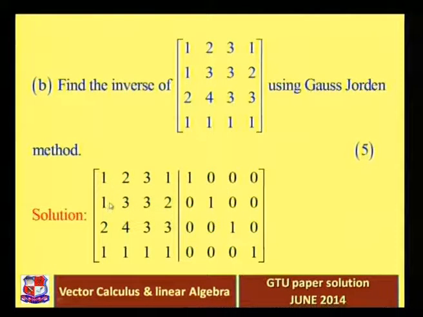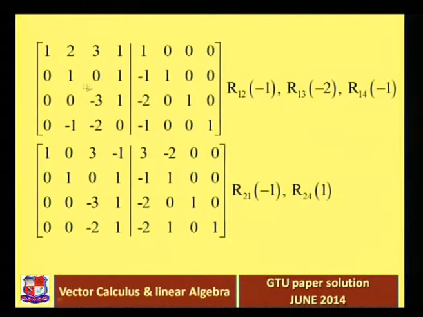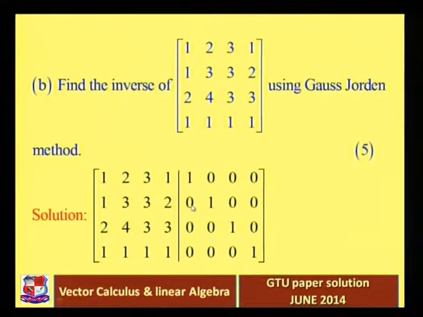So the second row becomes 1 minus 1 is 0, 3 minus 2 is 1, 3 minus 3 is 0, and 2 minus 1 is 1, right? So this is 0 1 0 1, you can see, correct? 0 1 0 1, right? Now on the right hand side, 0 minus 1 minus 1,